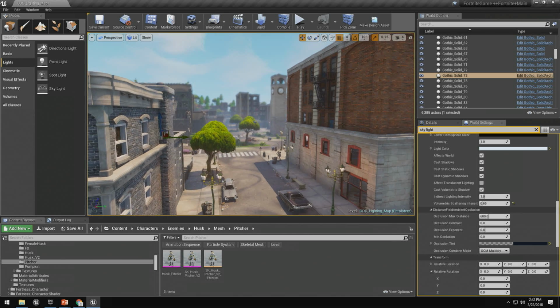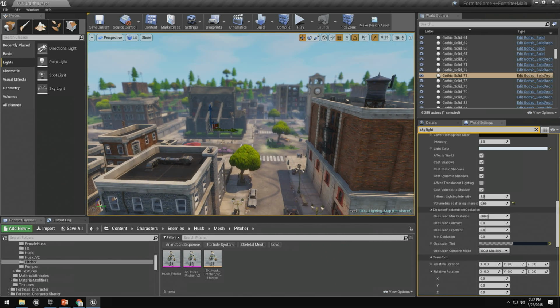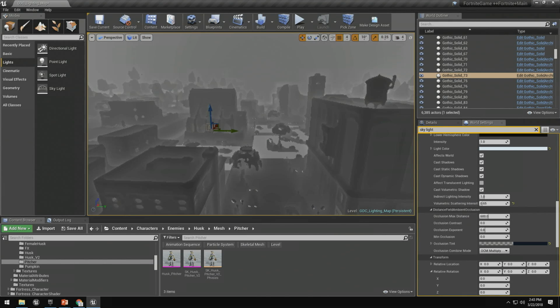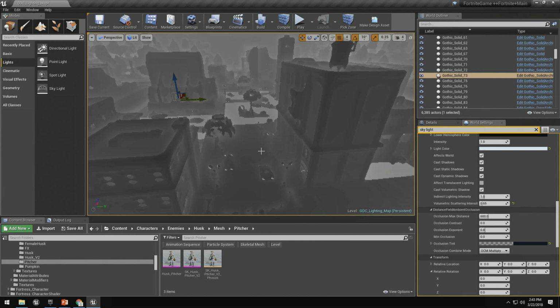Now, just a quick word on how we're doing this under the hood. We don't actually use every single individual distance field that was calculated in order to do this. We composite them all together into a simplified distance field that we call the global distance field. And we can take a look at this too. So we can go under Show, back down to Visualize, and turn on the global distance field. So this is a composited version of all those distance fields we saw earlier.